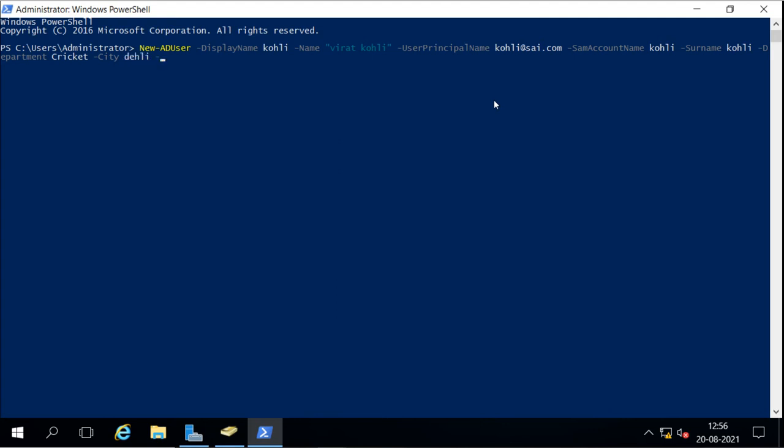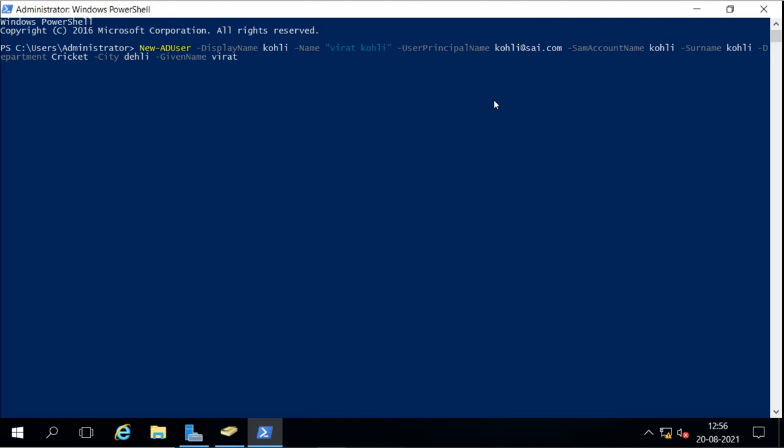Then we can also mention many other pieces of information, like all the attributes. We can add this information here: account expiration date, not delegated, password, allow reversible password encryption, password settings, all these things. Cannot change the password, certificate, change password at next logon, company name, credential, description, division, email address, employee ID, employee number, enable, disable, fax, given name. We can change the given name also. So we can fill in all the information.